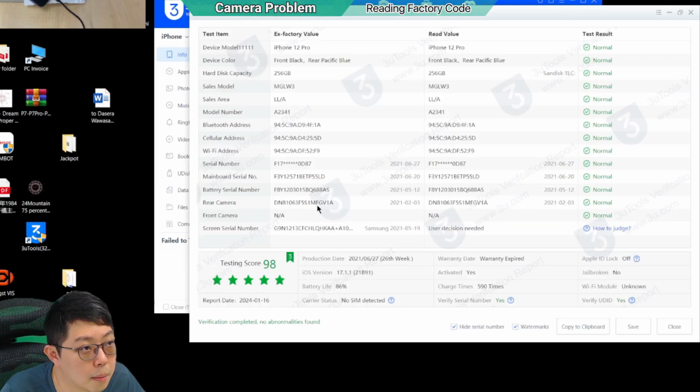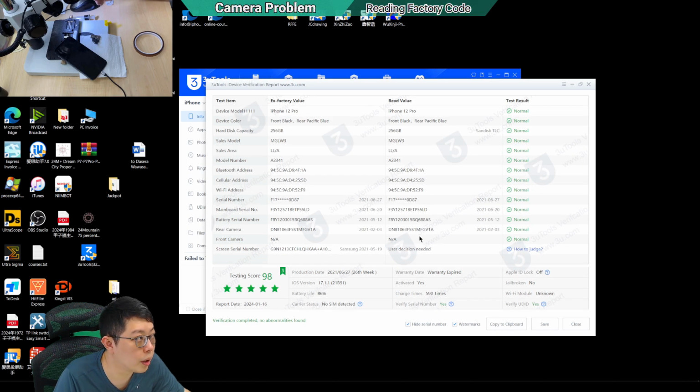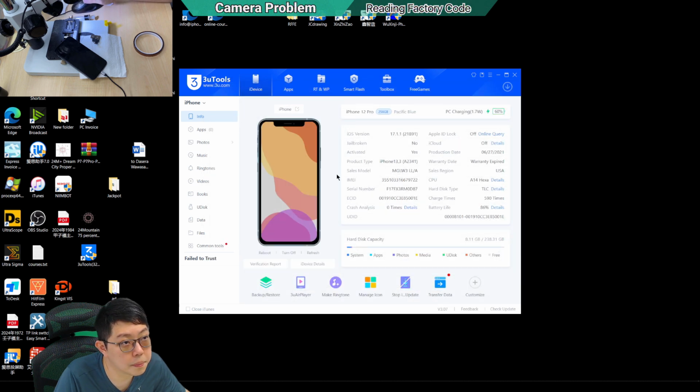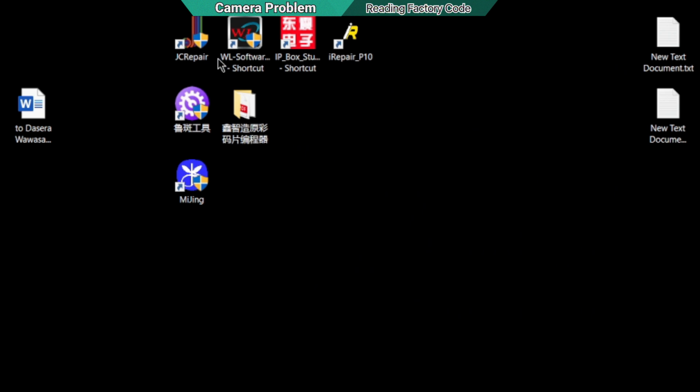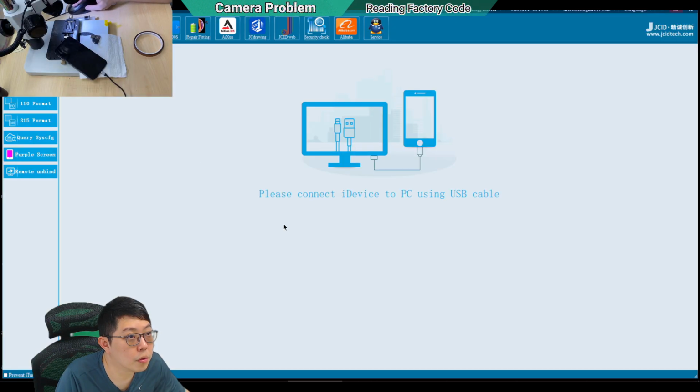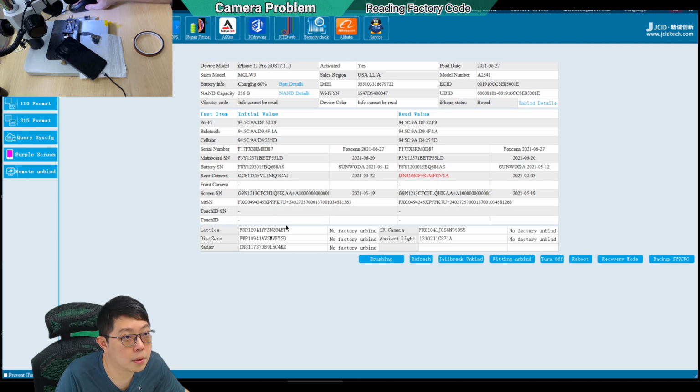Okay, you see the camera, it says from the motherboard it should be FGV1A, and the reading is still FGV1A. It says no problem, but from the iOS it keeps showing us the message. Okay, front cam isn't working. Never mind that, just close it. So that's why you need to change to another software, JC. If TreeU cannot read, then we'll use JC to open it up and read the phone, iPhone 12 Pro.